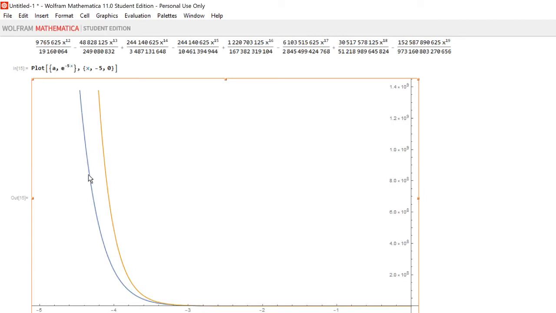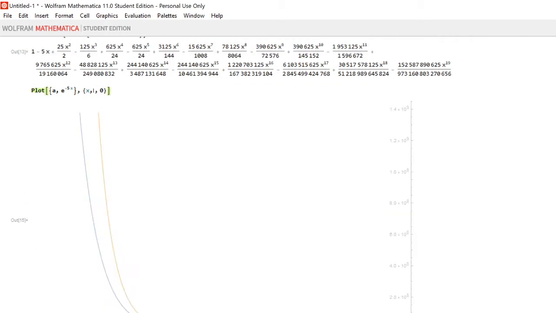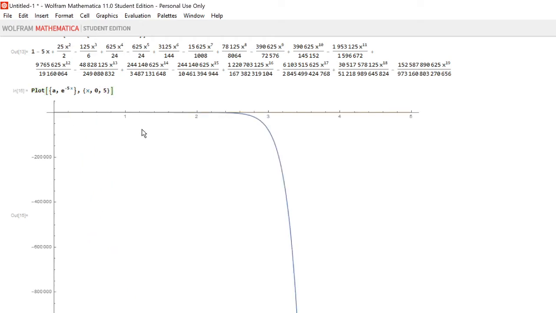Yeah, the blue should be the approximation. So look, they look like they're okay out to maybe 3, negative 3. And recall this is e to the minus 5x. So x equaling negative 3. Actually, I guess we want to go to the other side. Let's do that. We want to go to 3, right? All right, so on this side,